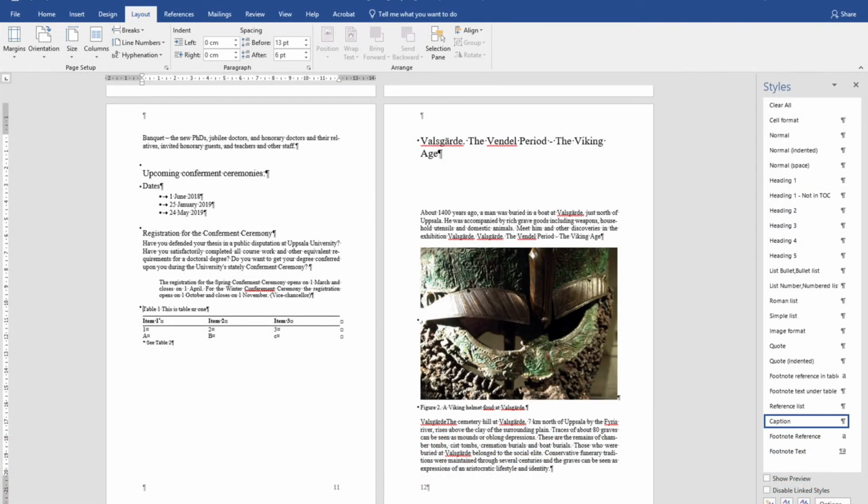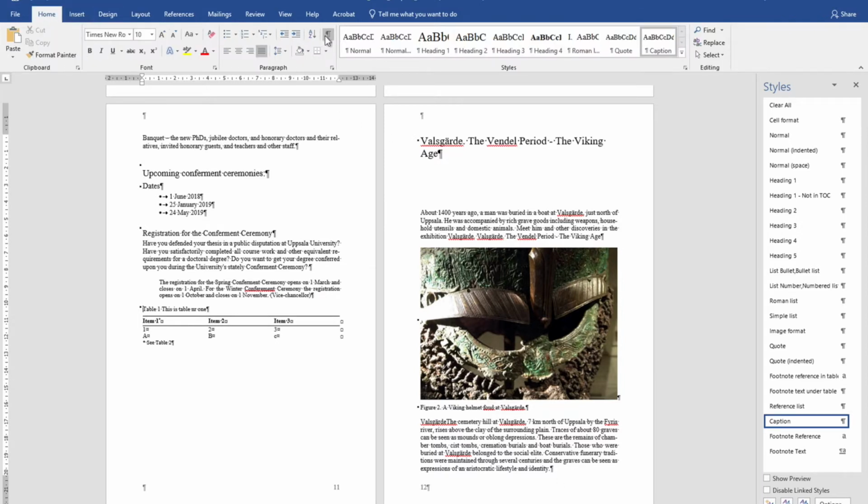Hello and welcome to Thesis Template Online Course Part 4. This time we will take a look at page and section breaks. First of all, make sure you can see the hidden characters. Hidden characters can be turned on the Home tab.